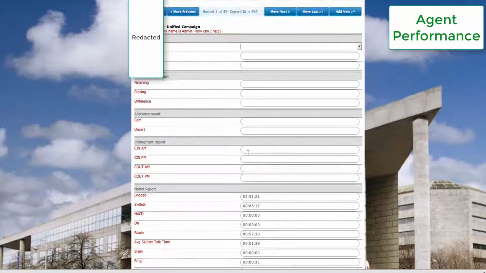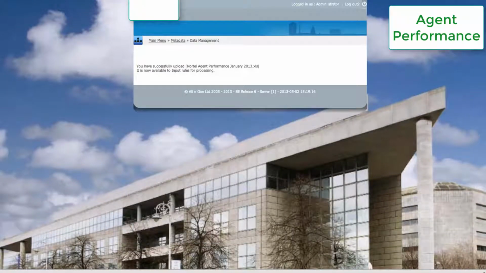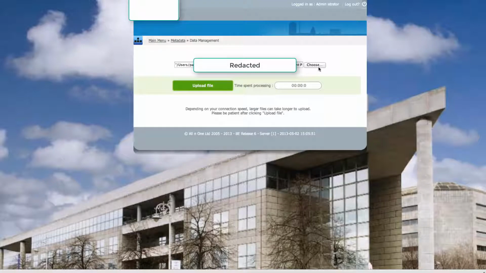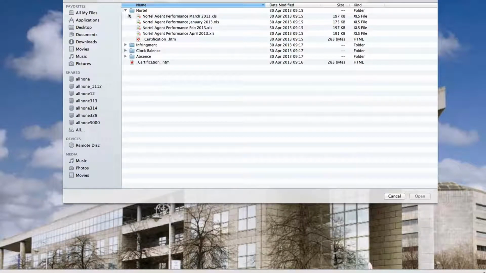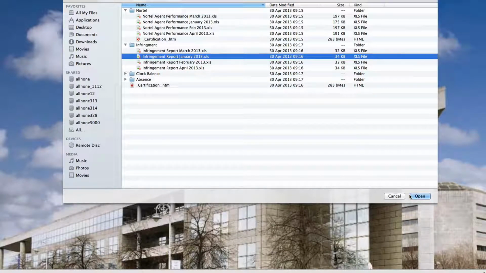All of the data has been sifted and tidied neatly down into the Nortel section. So job 1 done. We're now going to move on. We now need to be able to get the next report loaded into the system. So we open up our infringement reports, once again choosing the same month for being able to load the data,